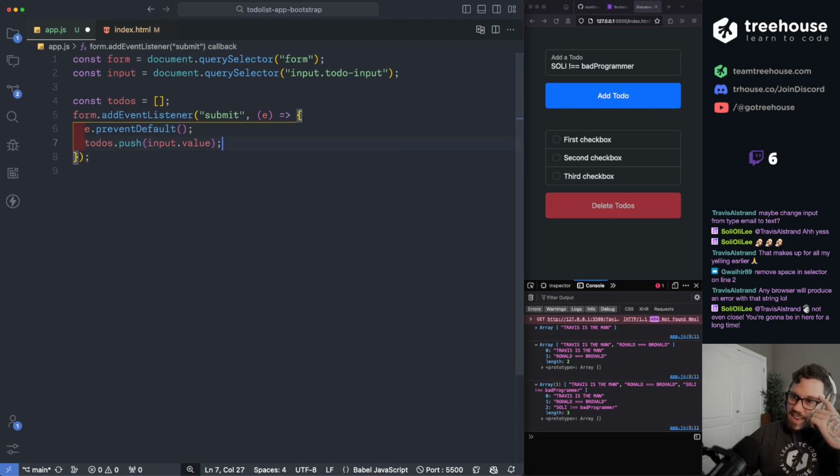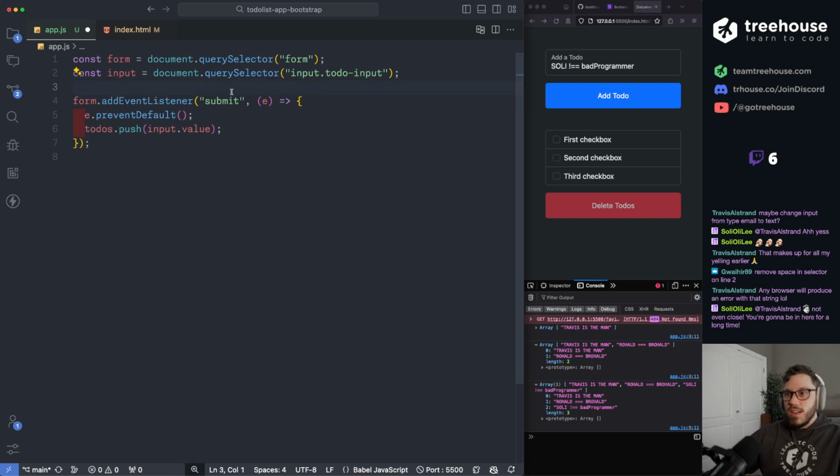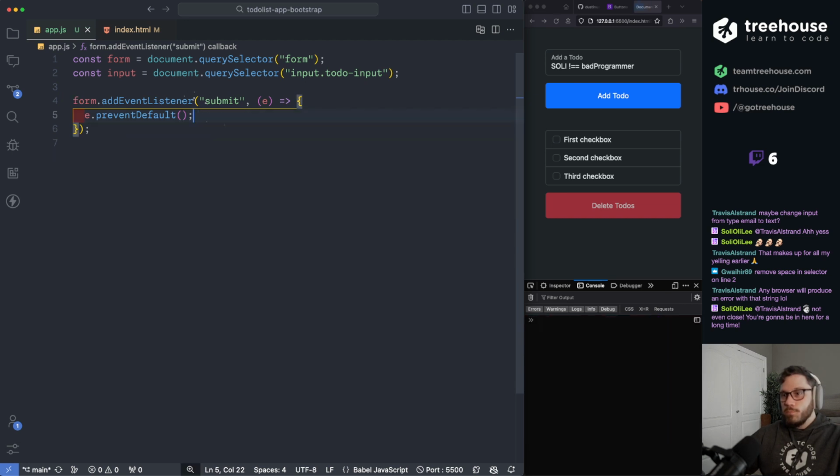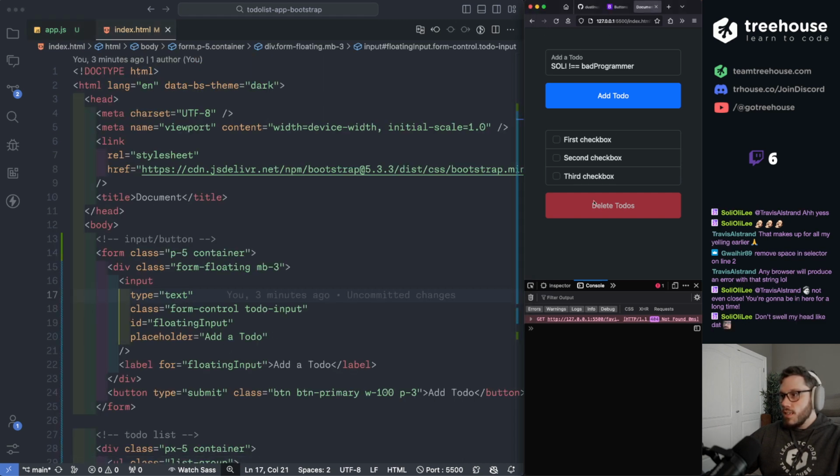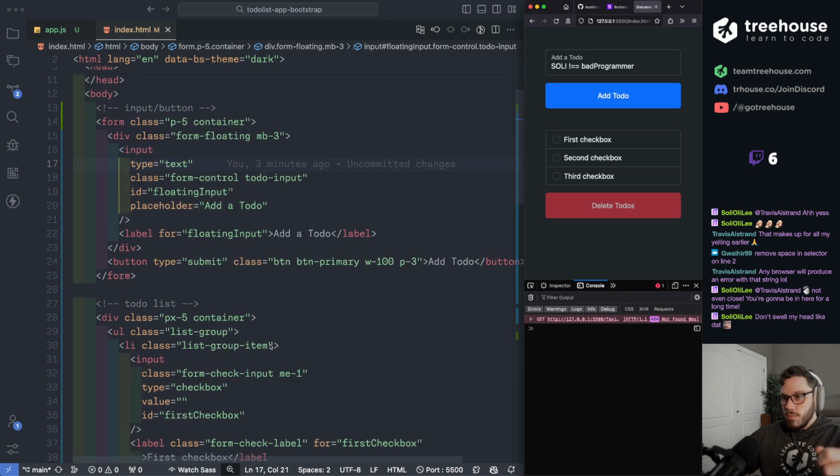Actually, I'm thinking in React, I'm thinking in state. I don't think that would actually work. I think we just need to append it. Yeah, that's all we need to do. We just need to append it. So let's not do that. Like I said, I'm thinking in React over here. Let's grab a reference to this area right here, so we can append each one of these